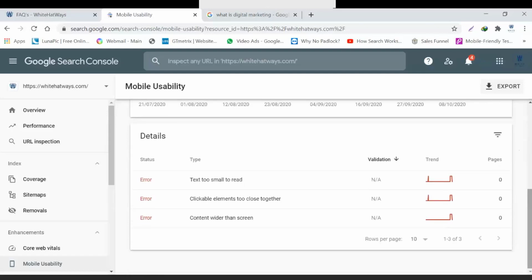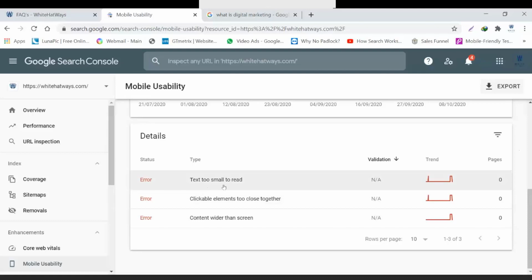Like in my case, there are three errors which are coming. Text too small to read: on a mobile phone, the text is very small, and somebody on the mobile phone would not be able to read it. The second error is clickable elements. If I have a button or a link, and they are very close to each other, if somebody clicks on one, there is a possibility that the other might also get clicked. So that is another issue that it is raising for my website. And the third one is content wider than screen.